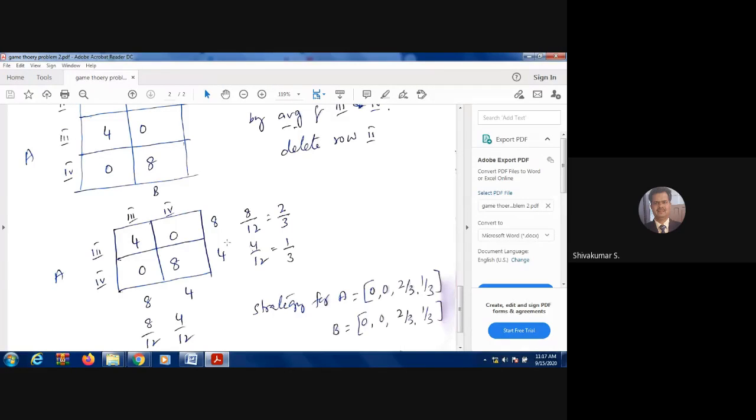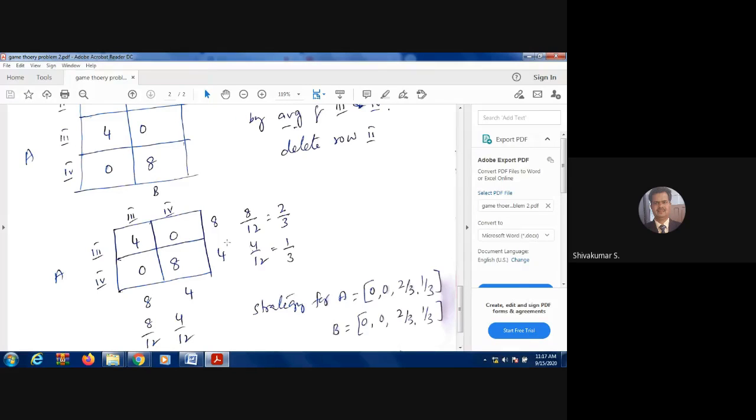I think someone asked me about how to find the oddments. Check out here: 4 plus 0, third row values, 4 plus 0, written on the second row, 4. Fourth row values, that is 0 plus 8, 8, on the first row. Similarly, first column values, 4 plus 0, written on the second column. 0 plus 8, 8, written on the first column. So the difference values are written on the first row in the second row, and first column values in the second column. They are called oddments.